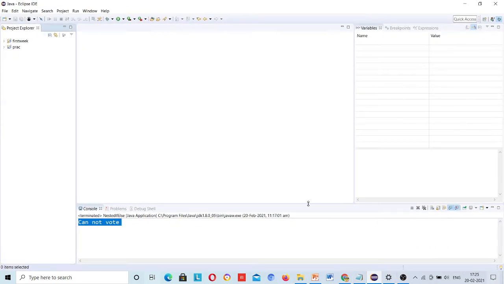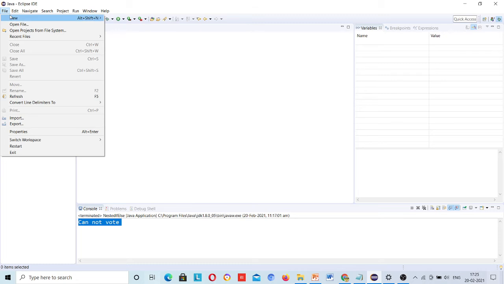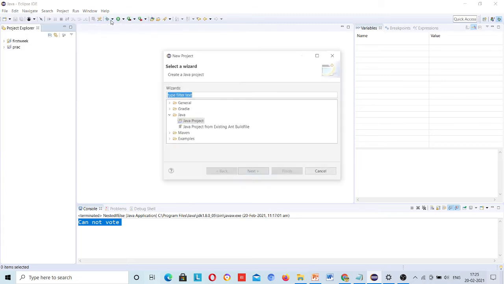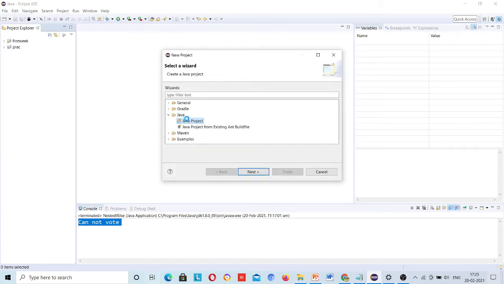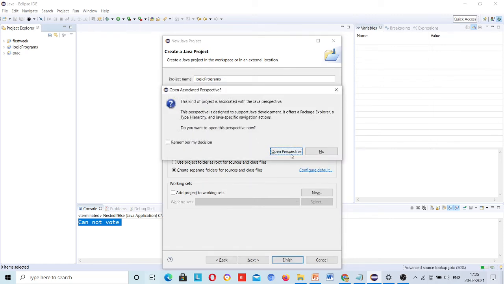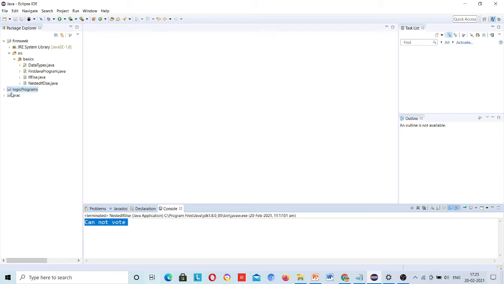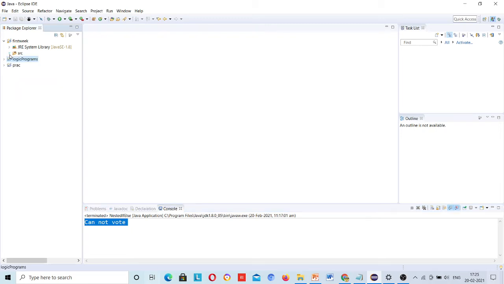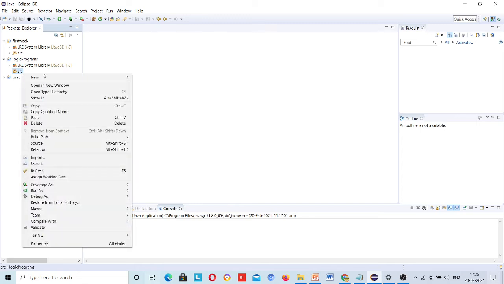Just go to Eclipse, project, Java project, and logic programs. Okay, and here I will create a package inside src.